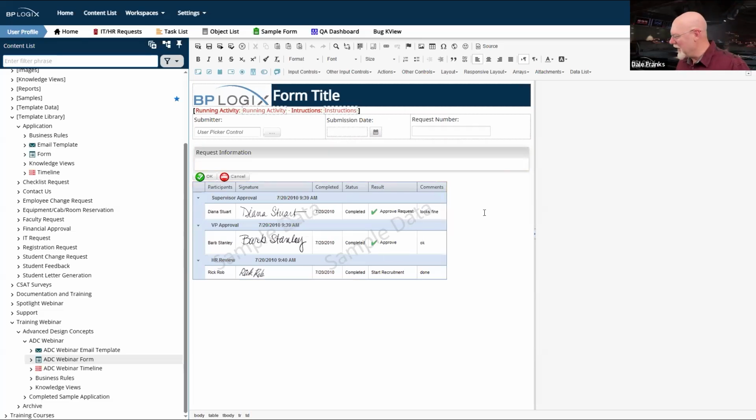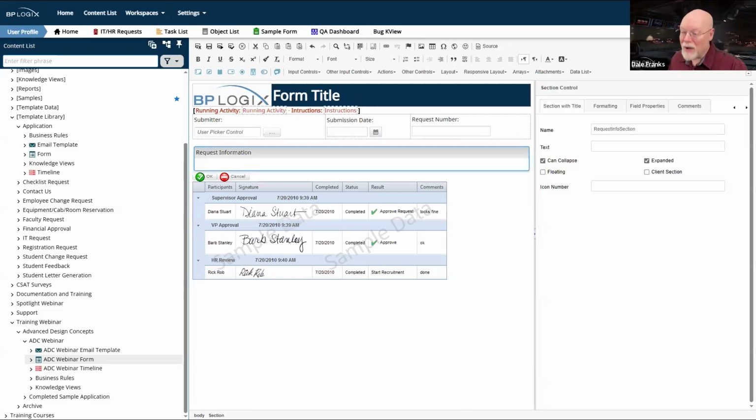I thought I would get through one without having any email notifications that I have to clean up after the webinar. Okay, so this section up here at the top, this is a standard section. So I've got my branding and colors with my logo and my dark blue bar with the white text that says form title. I've got my notification line to tell end users what activity is running and what the instructions for that activity are. And I've got my 3 common fields. Now I can actually begin working on my request itself. So let's talk about some things we need to think about as best practices whenever we start building our form.